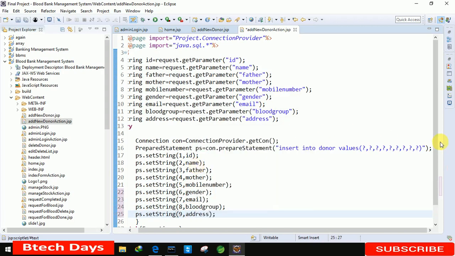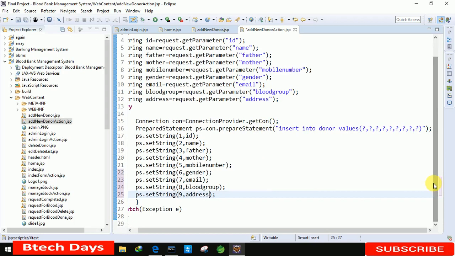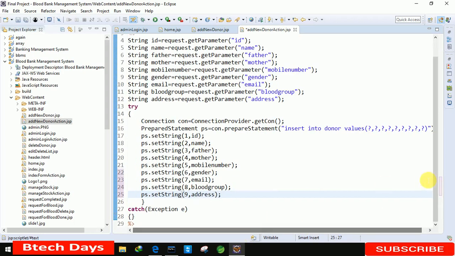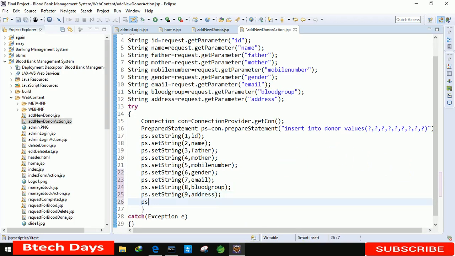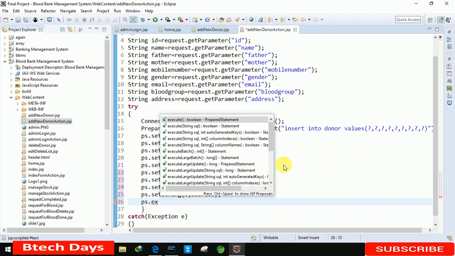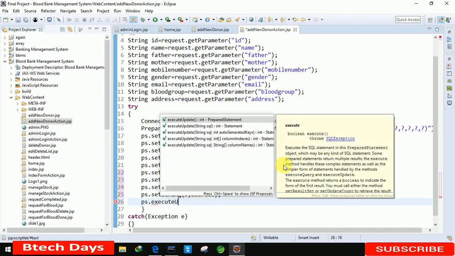Okay, and after writing this, let me move a little bit down and also a little bit to the right side. Okay, and we also need to write ps dot execute update.